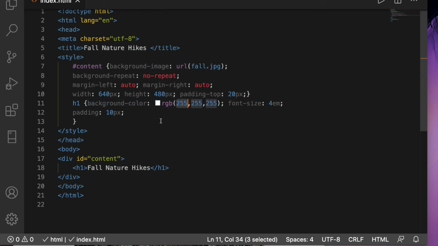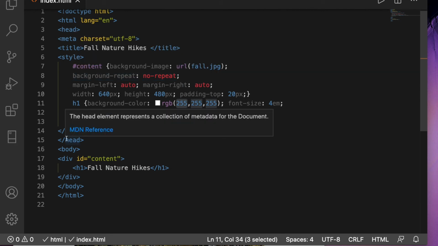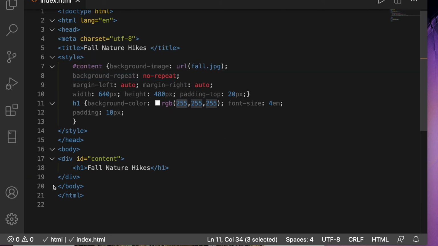So you could use RGB values instead of the hexadecimal code. And in fact, a lot of web designers use RGB instead of hexadecimal. Just a personal preference. But I like hexadecimal because it's less typing, less parentheses, less commas. Okay, so in the H1, let's add an